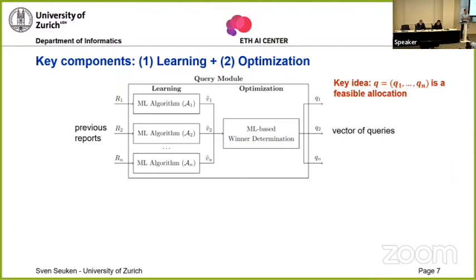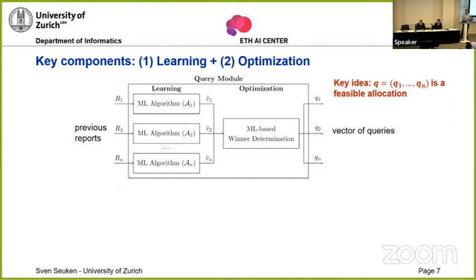with their own machine learning model. And the role of that machine learning model is to learn the bidder's preferences. So as an input, the machine learning algorithm gets the previous reports of the agents and learns a value function, V_i tilde here. And then we feed all of these learned value functions into a machine learning based winner determination algorithm. We can solve that to optimality, and that gives us an allocation which maximizes social welfare based on these